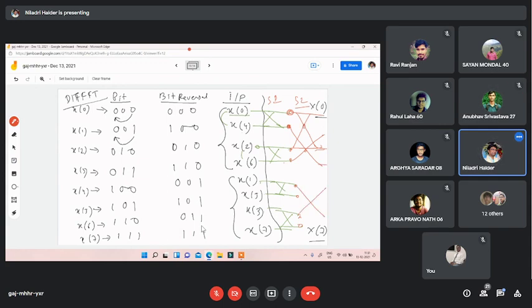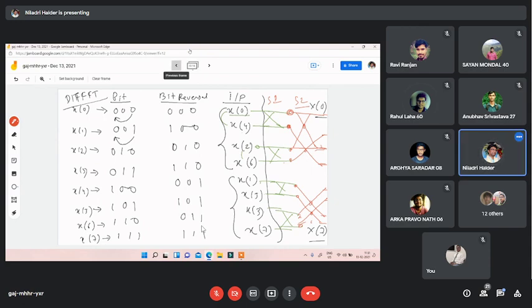Yes, sir. Doing this theoretically is more complicated but practically it is easier. That means in stage 2 you get the butterflies like that, and these are your outputs for stage 2, meaning these are the inputs for stage 3. If you have 8 number of bits, how many stages do you have? 3. So stage 3 will be your last stage.